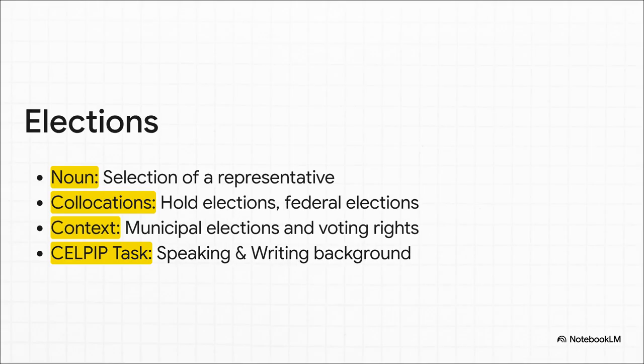And what exactly drives that government? Elections. Elections. Noun, elections. This pairs perfectly with collocations like hold elections and federal elections. Remember, Canada is a democracy that deeply values voting rights. The crucial strategy point here for you is that Canadian municipal elections frequently form the exact background for your speaking and writing community scenarios. The test will remind you that Canadians choose their representatives in elections, which are typically held every 4 years, and this heavily drives massive community building efforts.